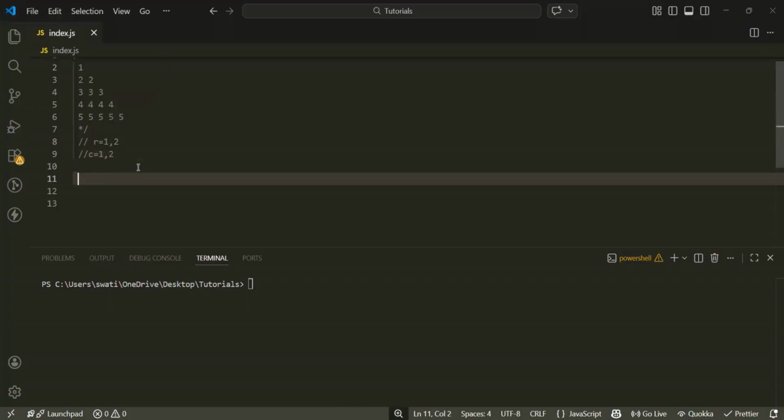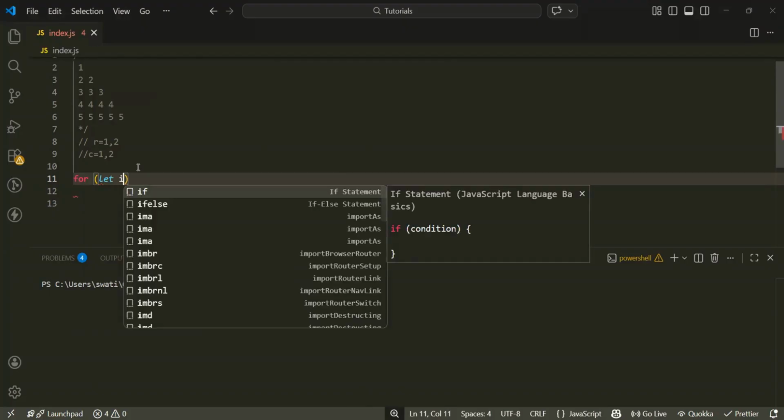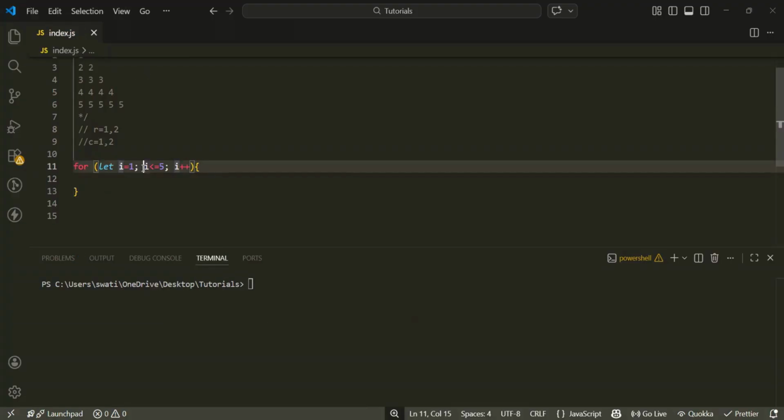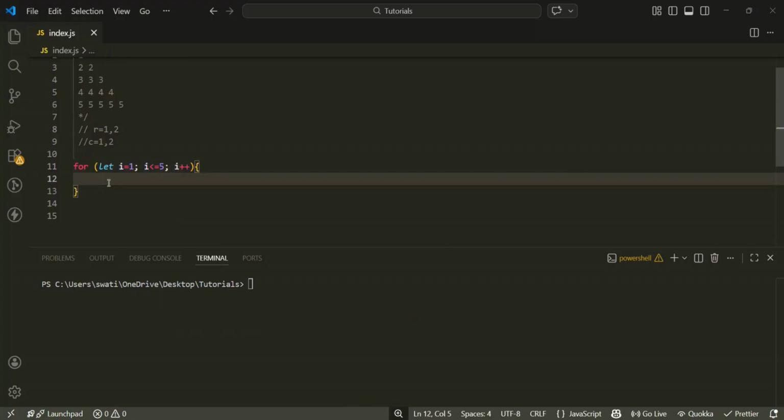Okay. So till here we understand this already, and we are going to make this loop which is going to start from 1 and end till 5, right? And i plus plus. This is the outer loop, meaning this is the row. And inside of the outer loop, first we will define a variable called digit, which is going to be an empty string. And inside of this, we are going to create one inner loop,